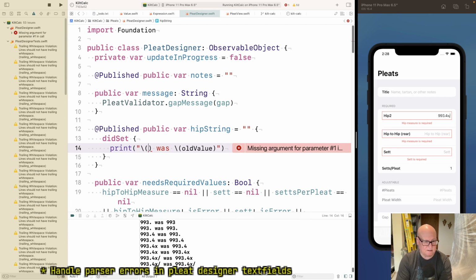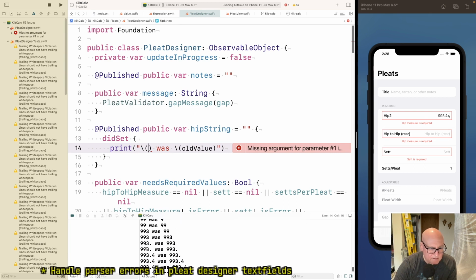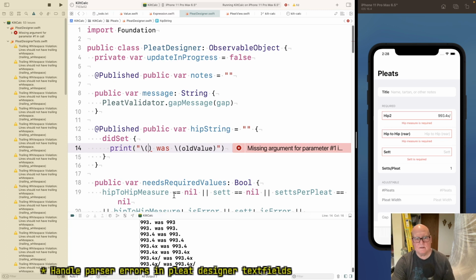Apparently that's, oh no, wait a minute. 993 was 993. 993 point was, okay. Oh, that's that double edit thing. Okay, that's working. It's just it gets called twice because that's the way the text field works. It gets the value, prints it, rereads it, and makes sure it's the same, or at least updates it. Whether it checks the same, we don't know.